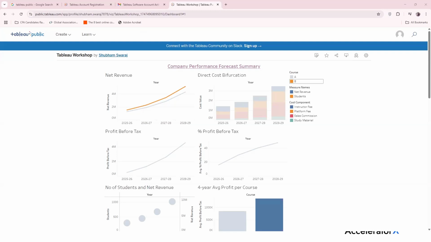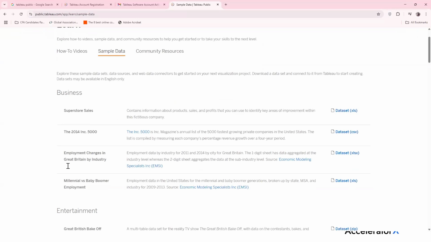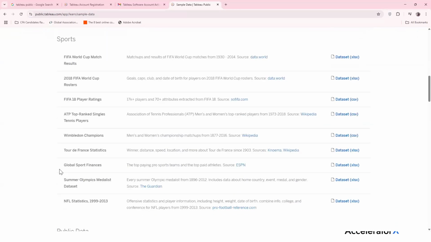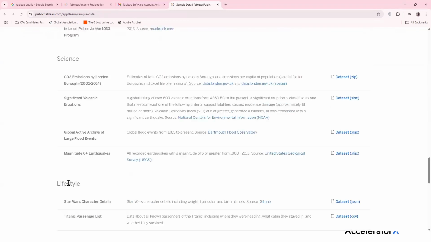So from where can we get such case studies to practice? Actually, one way is there. I'll just show you. But then again, you have limited data there. You see, in Tableau Public, when you click on Learn, there is a section of sample data. Here you have different categories like business, entertainment, sports, public data, education, government, science and technology, lifestyle,